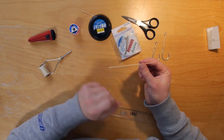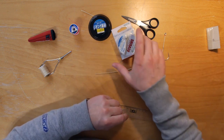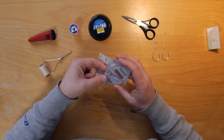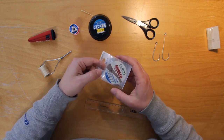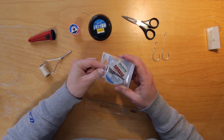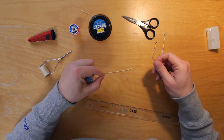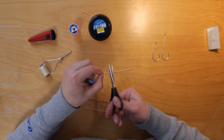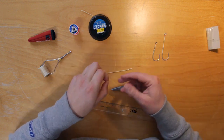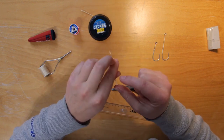So you have your assist braid here. What you now need is fluorocarbon line. In this case it's a balsa fluorocarbon line, with a diameter of 0.30. It's like 6.6 kilo. And you cut just a little piece, put it away, and what you do now is